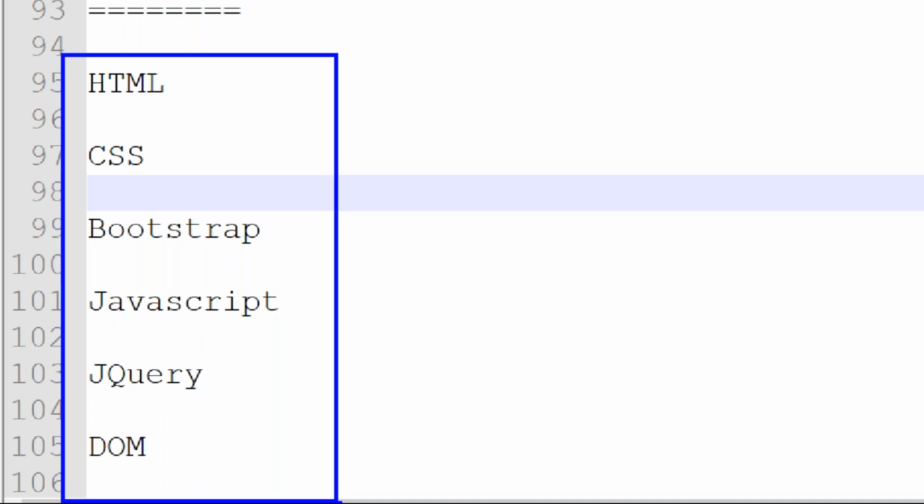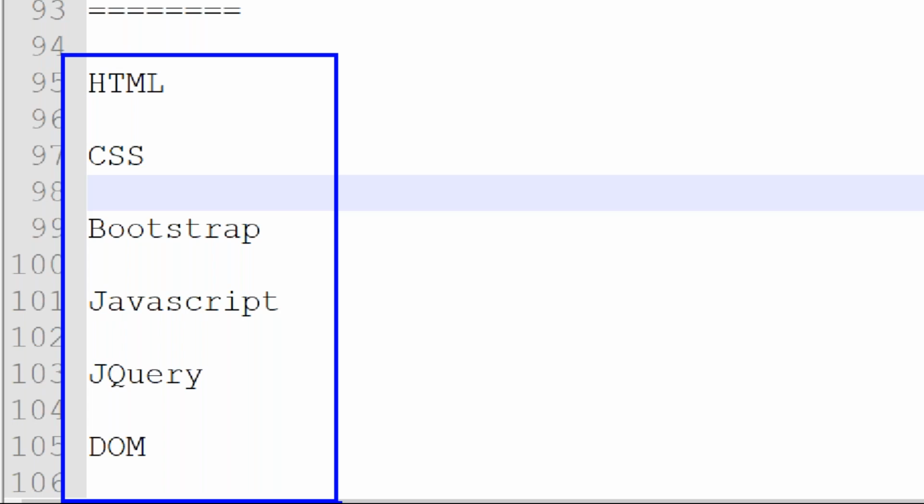These all things we are going to learn one by one. In this UI technology course, a combination of all these things we are going to use to develop applications.